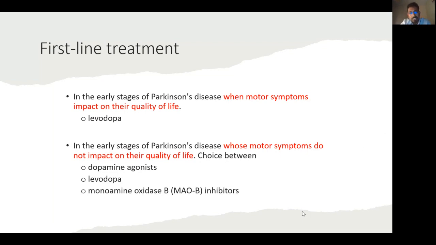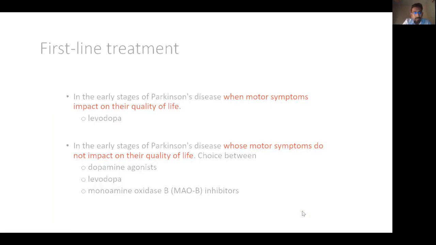More than that, it doesn't work. It comes with more complications and side effects. But the other options might be less effective, yet the side effect profile is not very evident. They all have their own side effects, but less intense than late stage levodopa treatment. We will go into that.